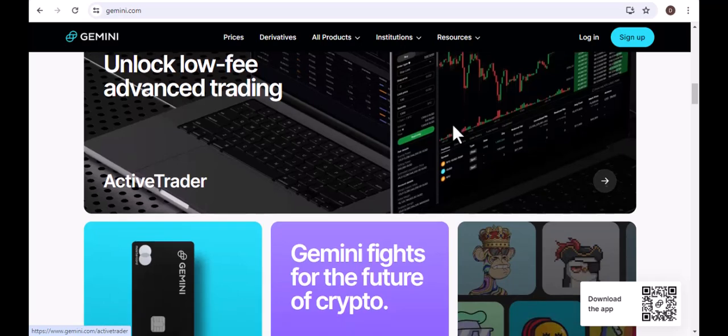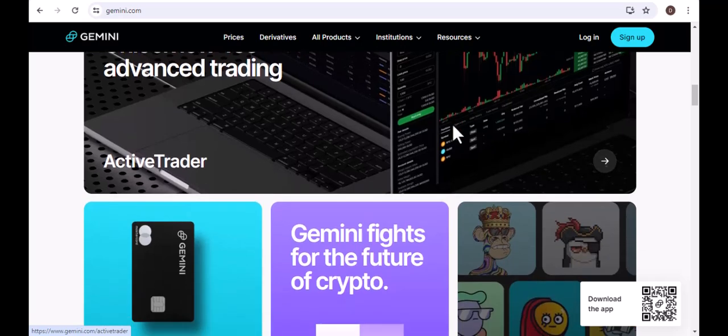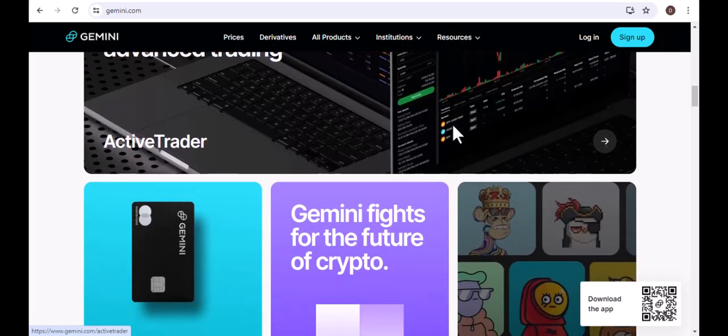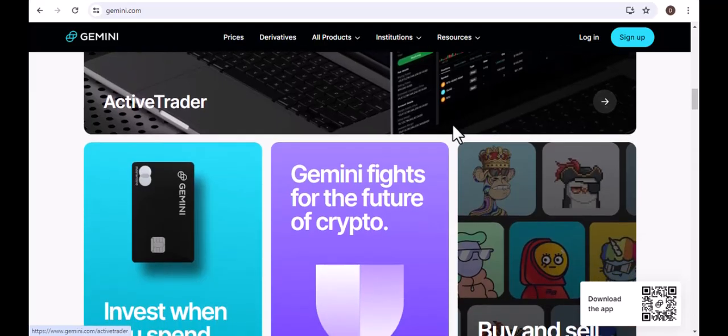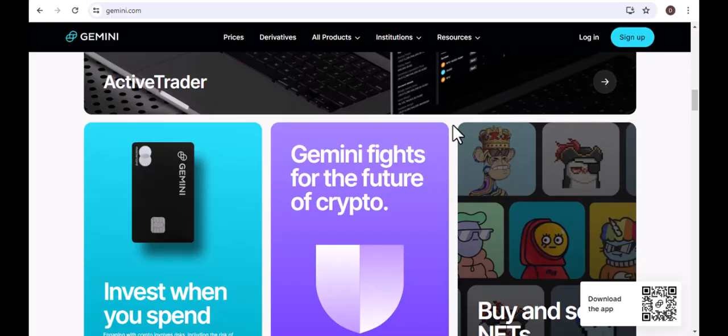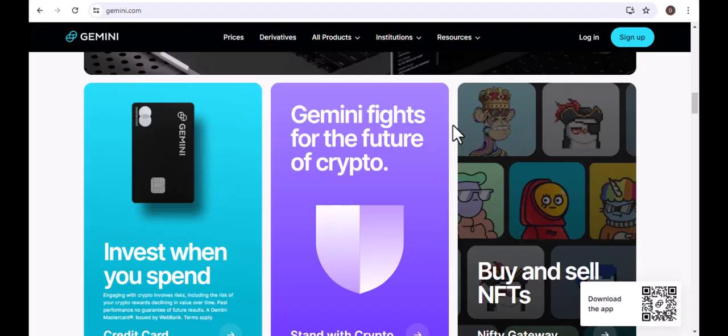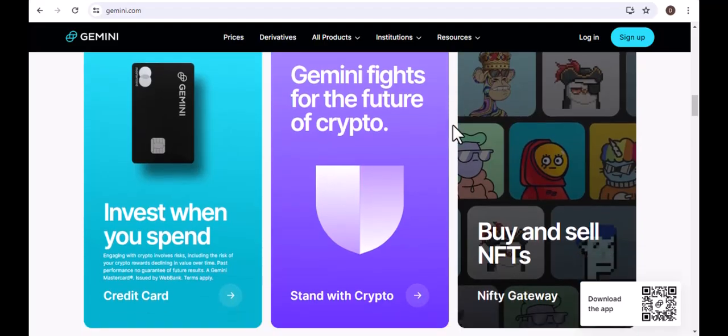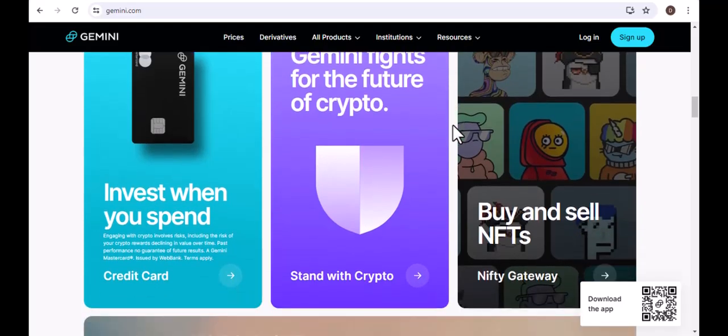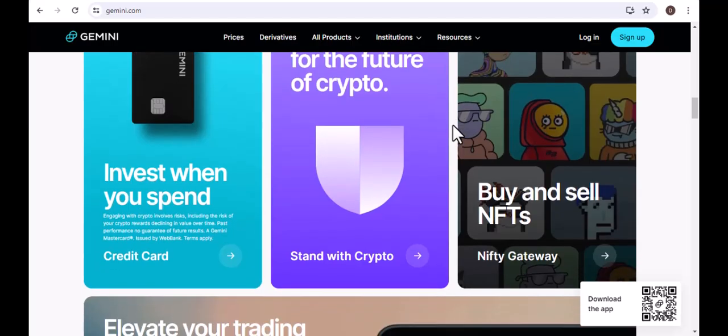Let's illustrate with an example. Say you're just starting out and your 30-day trading volume is below $10,000. On Active Trader, your maker fee might be 0.2% and your taker fee 0.4%. If you buy $1,000 worth of Bitcoin using a market order, you're a taker, and you'd pay $4 in fees,